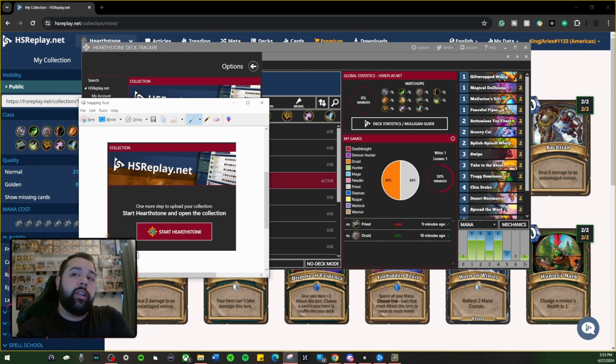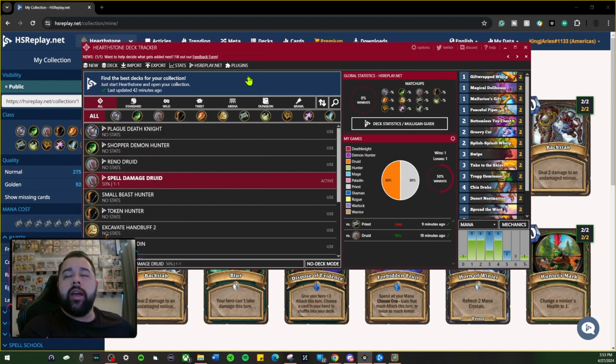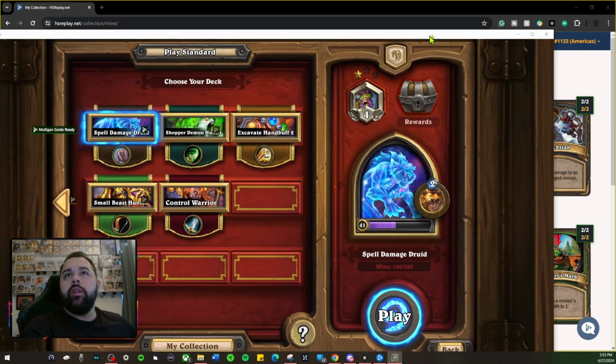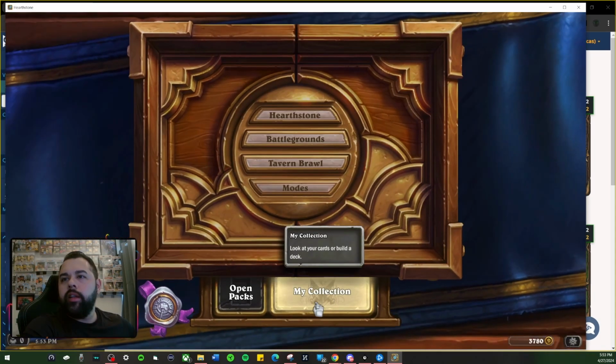Because if you don't run it as an administrator, you'll click the icon, and what happened to me was it wouldn't open it. So I had to go into my Blizzard application and open it from there. Now, once you do that, it should go ahead and allow you to open the game through the application. You're going to have the game here. Once you click on my collection,